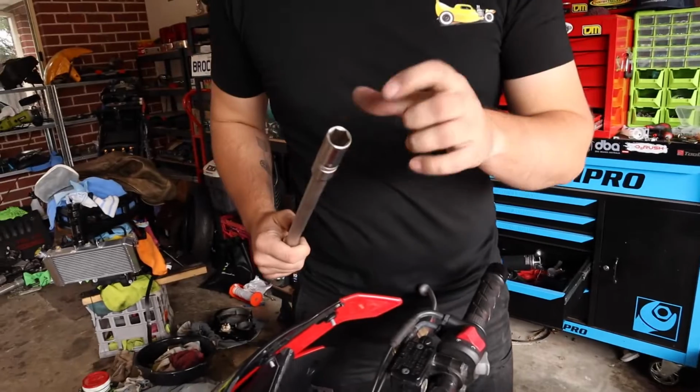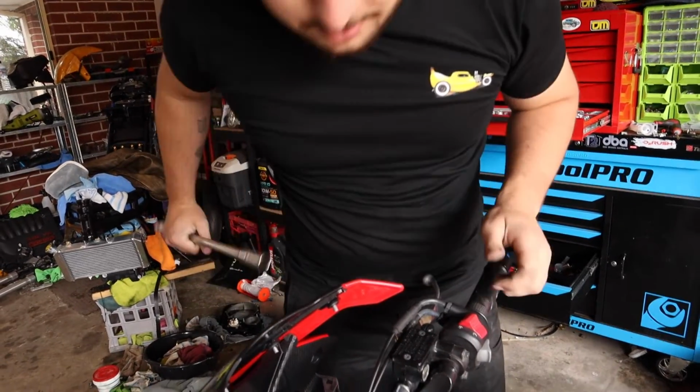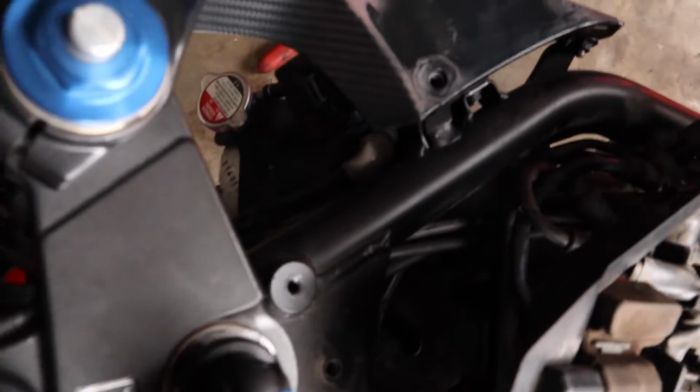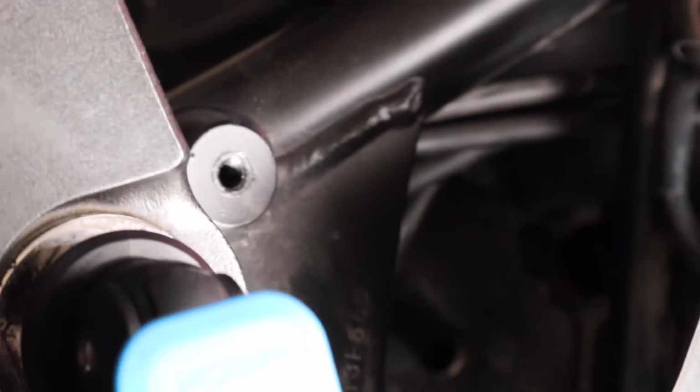Now if you have a spark plug socket, they've got a rubber boot on the inside of them that will catch the spark plug. I don't have one on the 16mm size, so instead